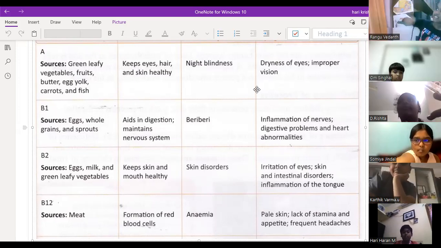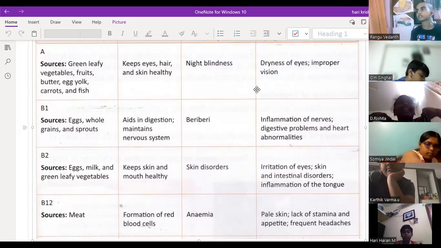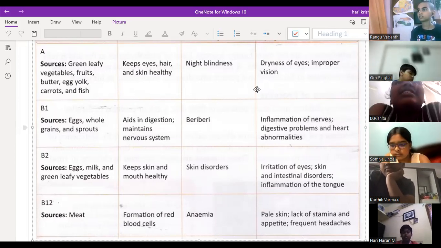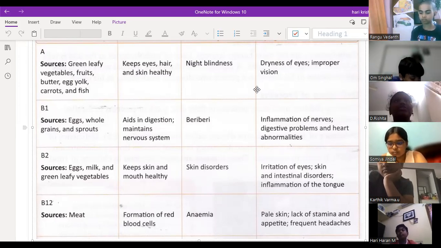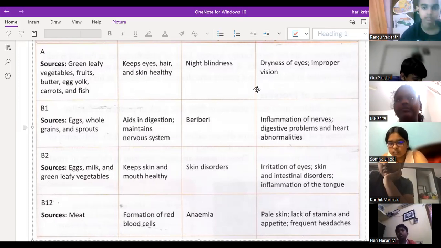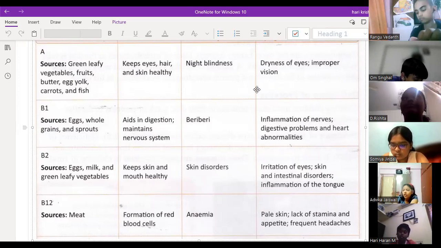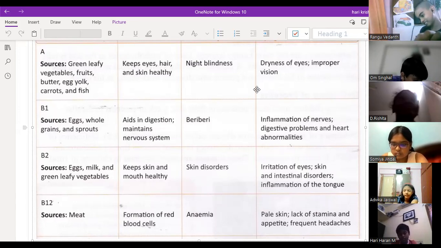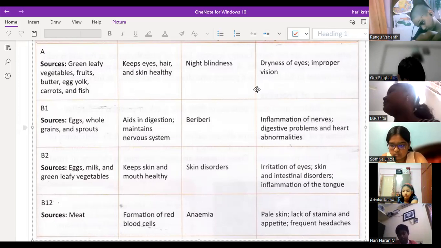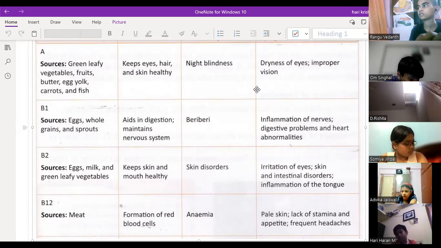What is the function of RBC? Sir, I also said tissues, sir. Okay. So they are transporting oxygen from your lungs to your body's tissues. What are tissues? A group of cells will form the tissues. When you combine a group of tissues, they will form one organ. So hand is an organ, nose is an organ, eyes are organs, right? A group of tissues combine to form organs, and a group of cells combine to form tissues.